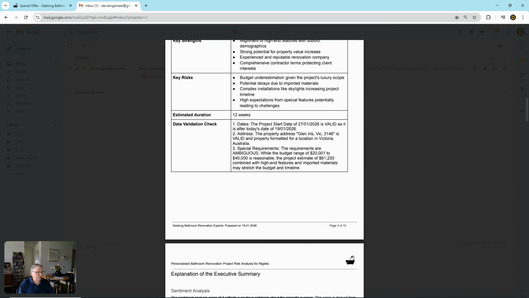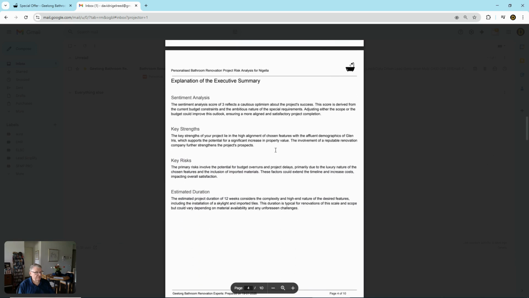So it's said that all the dates are valid, the suburb is valid. It would tell you if it's wrong. And it's also highlighting again that the requirements are ambiguous because the budget is 20 to 40K and the project estimate is 61K. So the agent has worked out that given everything that was provided, the budget should be closer to 61,000. Then there's an explanation of the executive summary,